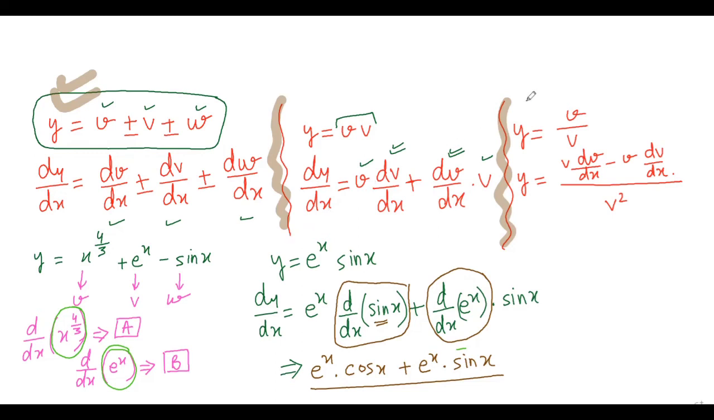Let us look at this. This will take 5 minutes to understand. So what this says is, if there is a function which is written like u upon v, then how do we find the differential of y? We write a v square, then we write v du by dx minus u dv by dx. Let us